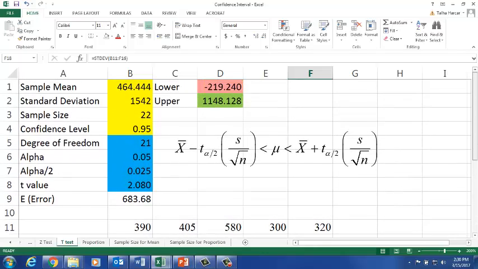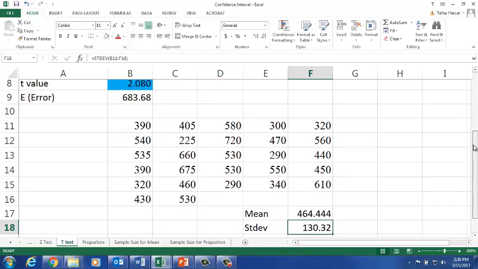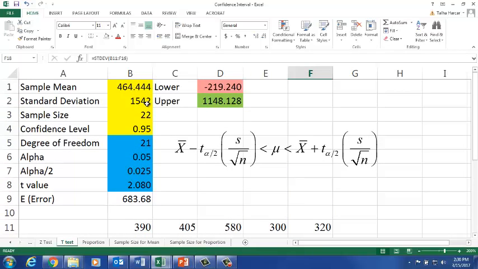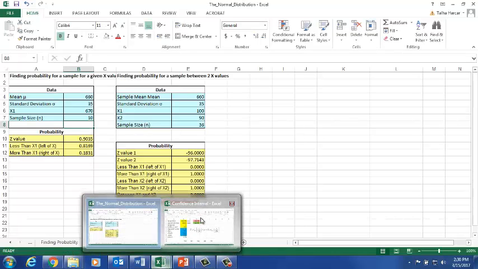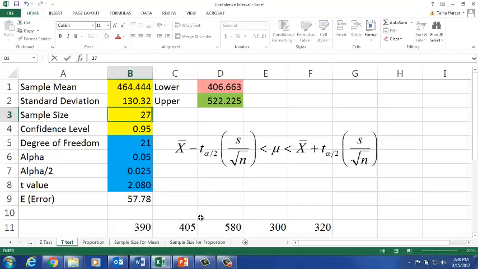Then I need to go up and change the standard deviation to 130.32. This is my standard deviation. My sample size is 27. And the confidence level is 95%, 0.95. So the answer would be